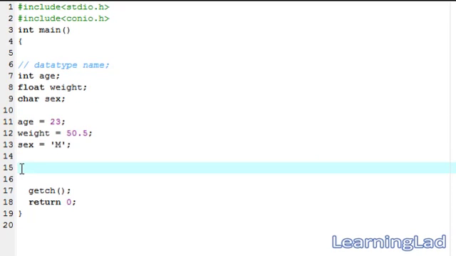So the last thing we want to do in this tutorial is we just want to print out the values stored in these variables. So that's why we're going to use the printf statement. And in printf statement we're going to use the format specifier which specifies the type of data is referenced. So first we want to print the data or value stored in this age variable. So that's why this age is of type integer. We have to write the format specifier as %d,